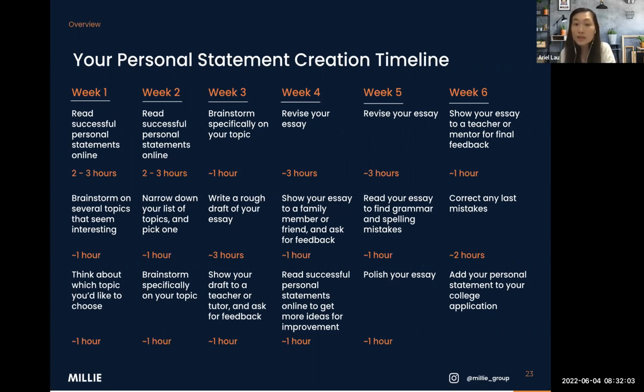And then week 3, you can already start writing a rough draft of your essay. For this particular rough draft, don't care about the word count yet. Just keep writing. Write all the thoughts that you think could be relevant to this particular topic, and just try to organize them in a raw way. And no need to be extremely conscious about the style of writing either, and the structuring of the essay.